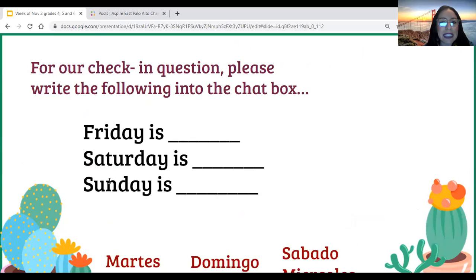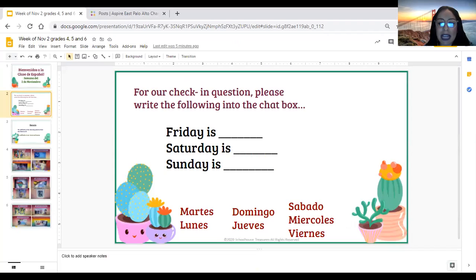Okay, so the last thing I want to look at is our tarea, our assignment. I want to spend some time talking about this because this is very important to me. Estudiantes, I love your ideas. I want you to learn about things that you want to learn about. Sometimes I put some of my ideas, but a lot of the things that we've been doing in class are things that you have told me that you want to learn. So let's listen to our directions for our assignment.